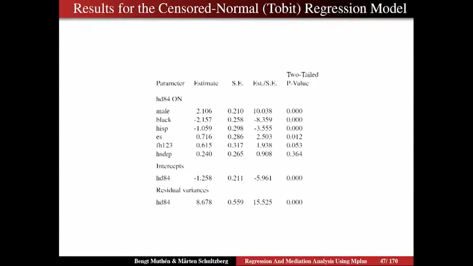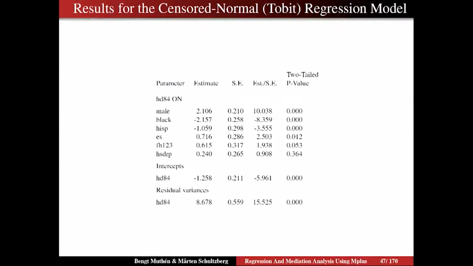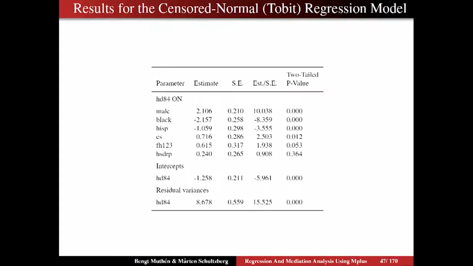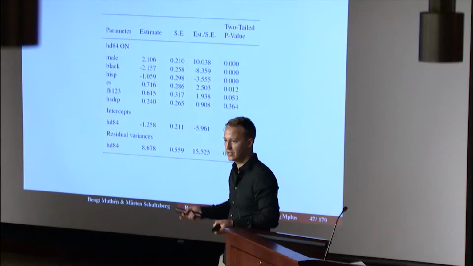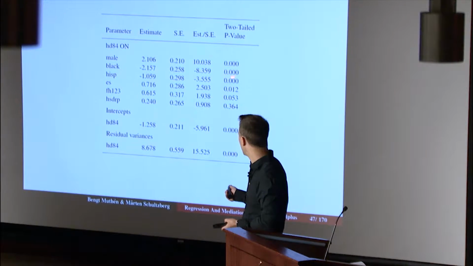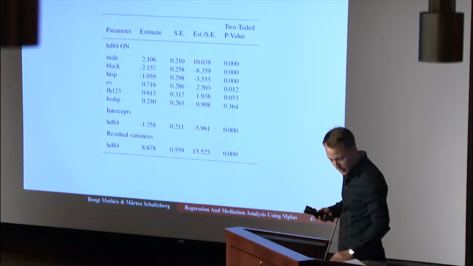All right, so let's look at some outputs from this. We have 4 models now that we looked at. So let's start by looking at the output from the censored normal, the Tobit regression. And let's look at the effect of being Hispanic. So being Hispanic here has a negative effect. So you're drinking less on average if you're a Hispanic person, given that everything is the same. And it's a significant variable. But as we could see,